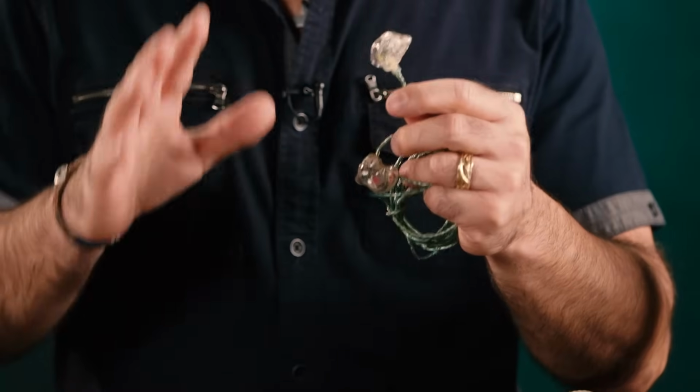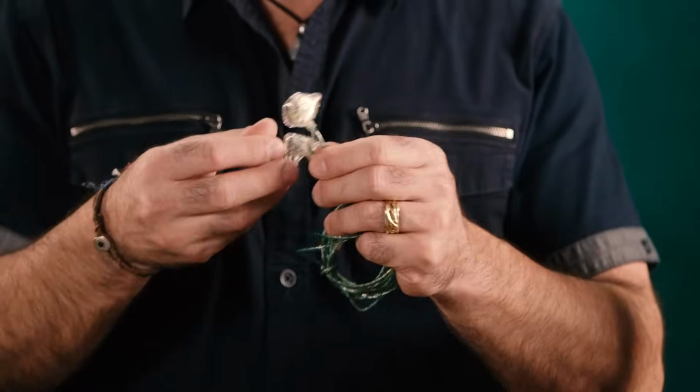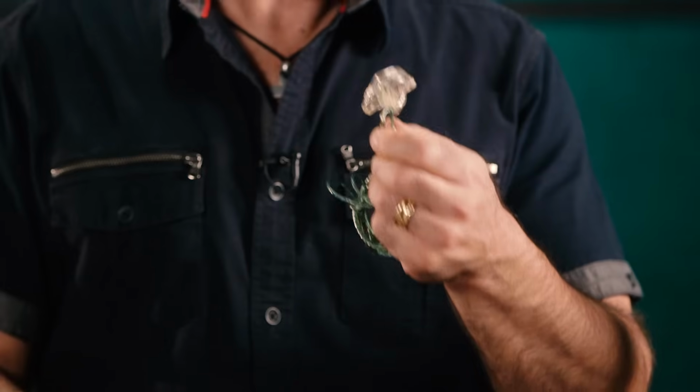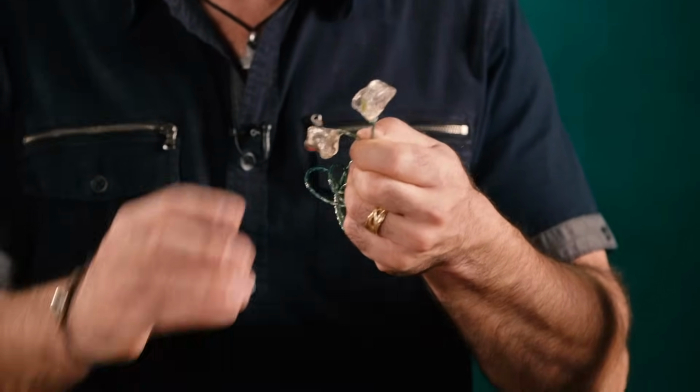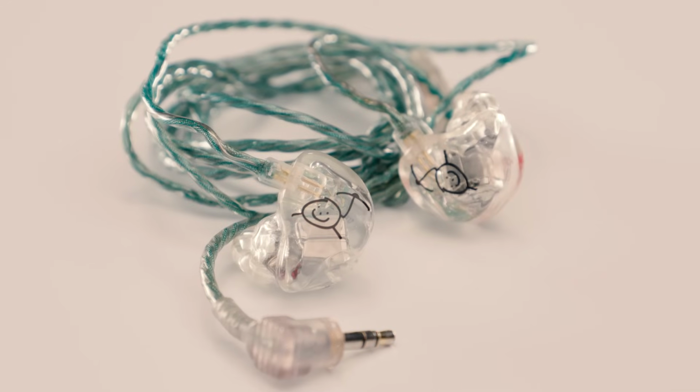And staying with the word custom, I thought I would show you a pair of my really old in-ear monitors. I had these made way back in 2005 or so, 2003, when I was playing with Tears for Fears, and I had them made clear. I had my little Happy Drummer logo printed on the outside, and these still sound great to this day. So if you spend the money on a pair of custom molded in-ear monitors, they're going to last you a really long time. The technology is way better than what these were back in 2005, but they still sound great